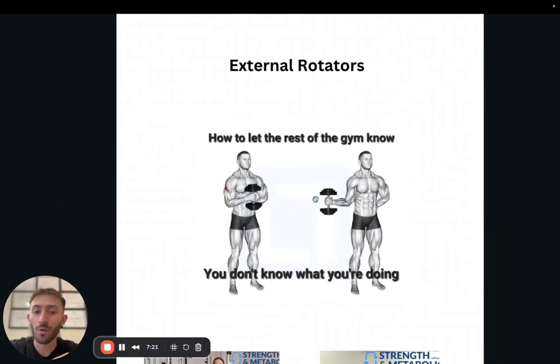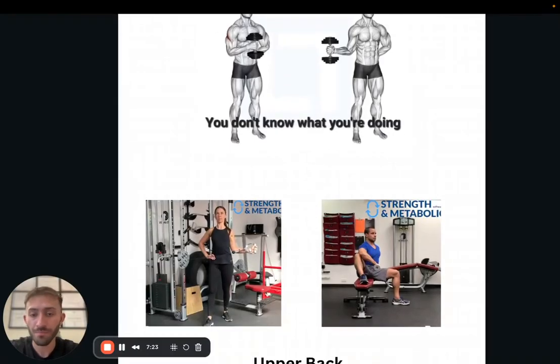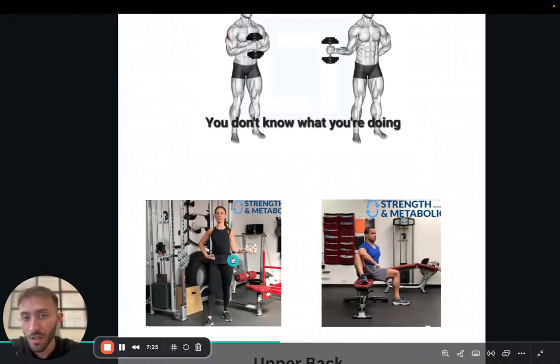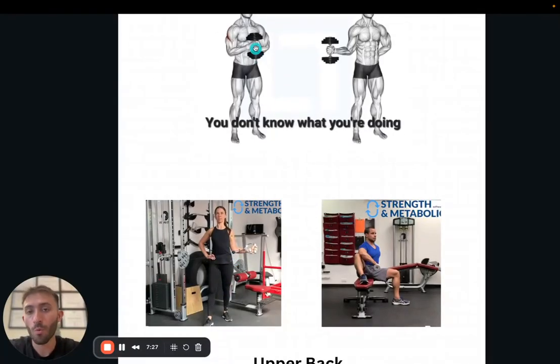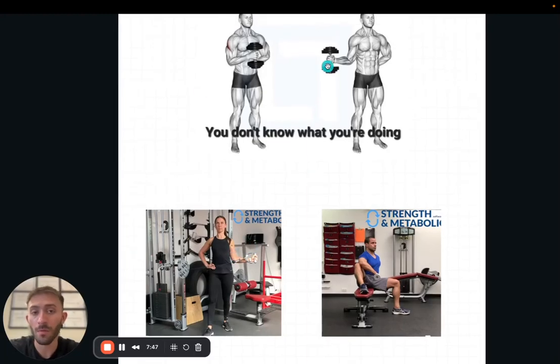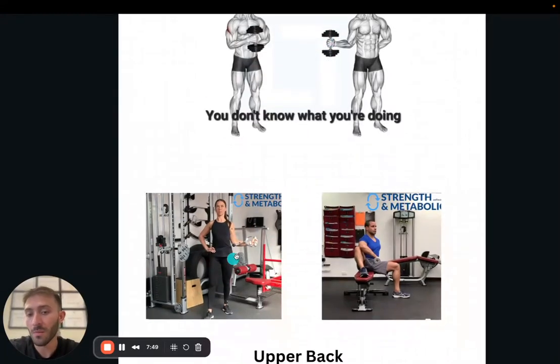So a better way to do this is here. As you can see, instead of doing it with the dumbbell where the load is going down to the ground, we use a cable. Therefore, the load is going horizontally and in line more so with the rotator cuff fibers. Therefore, we're training the rotator cuff and not even training the bicep compared to the one above. So this is the standing mid-pulley rotator cuff exercise.